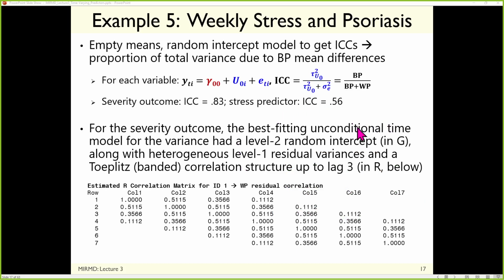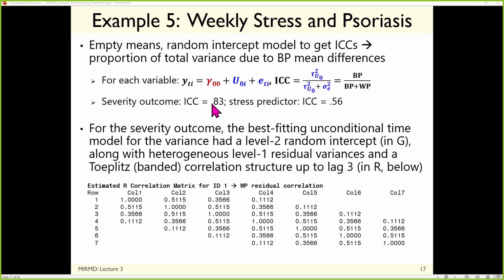On the good news, stress had an intra-class correlation of 0.56, so roughly half and half. After a 20-page handout, and no, I'm not exaggerating, those of you who've been through my classes know the handouts kill many trees. About 20 pages later, going through the process of trying to figure out what the pattern of variance and covariance looks like if I fit an unstructured model, and trying to come up with something that recreates that more parsimoniously, I ended up with a hybrid approach where I put in a random intercept.